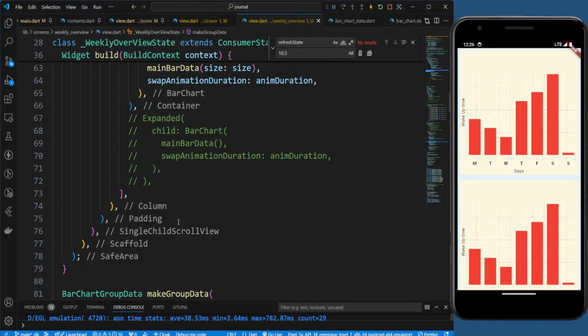So for us, we want to use this chart for wake up time, right? So in the last 7 days, how was your waking up time? To do this, the x-axis is fine. That is Monday, Tuesday, 0 to 6, right? But the y-axis for us is wake up time, right? And time cannot be what you say. How will you measure time, like small to big, right? So what we can do is